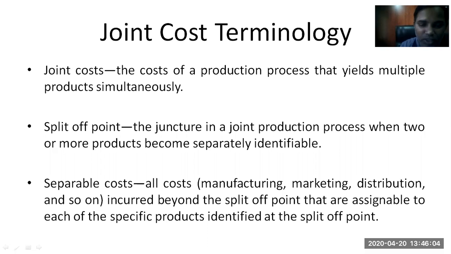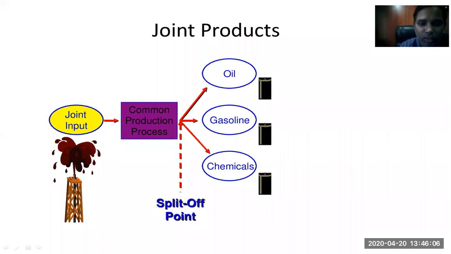After that, terminology is not yet over. Now see, this is an example. Joint input, as I was talking about extraction of crude oil from the ground. So crude oil is a joint input. Common production process, extracting crude oil. It is not like from one certain point you will be extracting only petrol from the crude oil, and from another point you will be extracting only diesel. So all extracting points from where crude oil is extracted will give you petrol, diesel, coal tar, and other chemicals. So a common process.